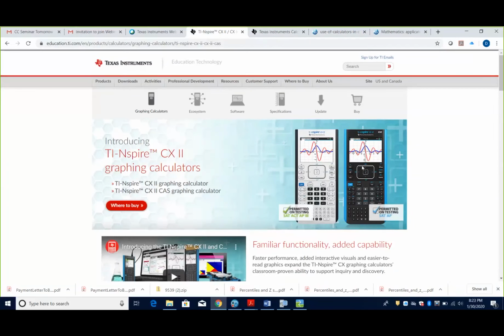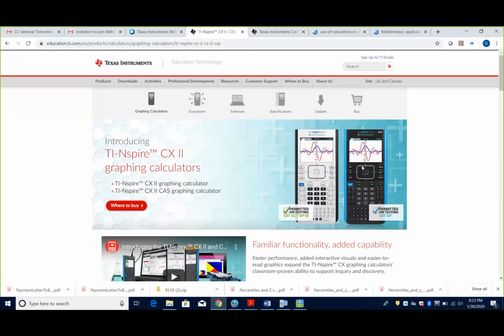So, during period one, I have my BC Calc students, and they get to use the CAS functions. But then in my period three, they're my IB students. They don't get to, and I can turn that off. So that's what I really love about the new calculators.